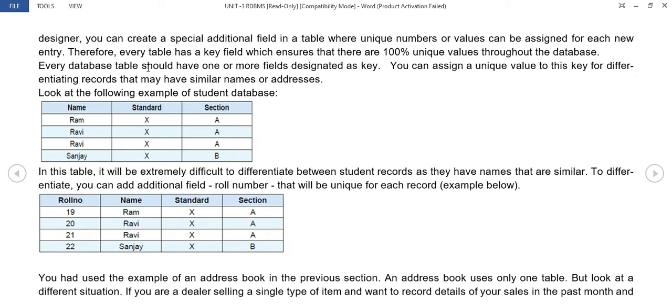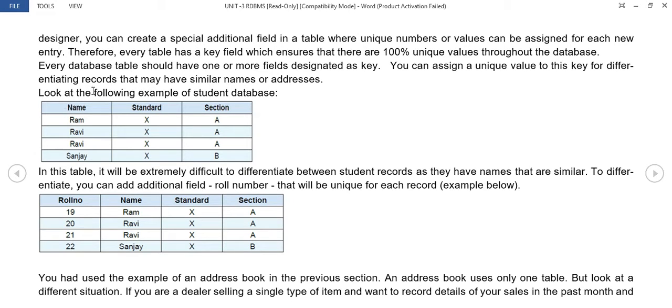Therefore, every table has a key field which ensures that there are 100% unique values throughout the database. Every database table should have one or more fields designated as a key. You can assign a unique value to this key to differentiate records that may have similar names or addresses.